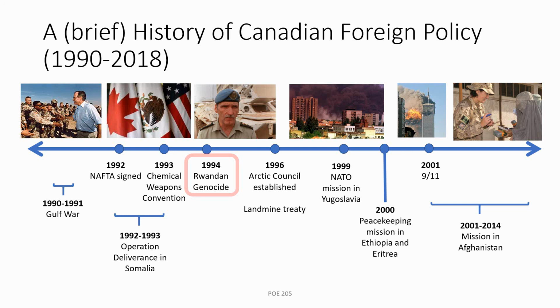So the responsibility to protect doctrine comes out of this. In 2001, there's a final report on this. The idea is that sovereignty is conditional. So every country has their sovereignty, but at some point in time when they start committing mass atrocities, defined as genocide, crimes against humanity, war crimes, or ethnic cleansing, then the international community actually has a responsibility to go in and protect the human rights of the people who are living in that country. And that it's the international community together as a whole's responsibility, not just one country. And so this is on the books,